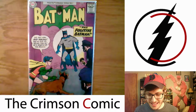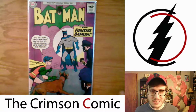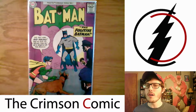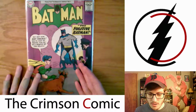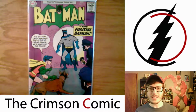I'm not really sure what they were going for, why these issues. But they released 2 Batman ones, they released 2 Superman, and I believe 2 Wonder Woman, and I think they did some Marvel ones too. I want to say X-Men, but I'm not 100% sure about that. But he showed this book off in this Pizza Hut Collector's Edition, and I thought, holy cow,